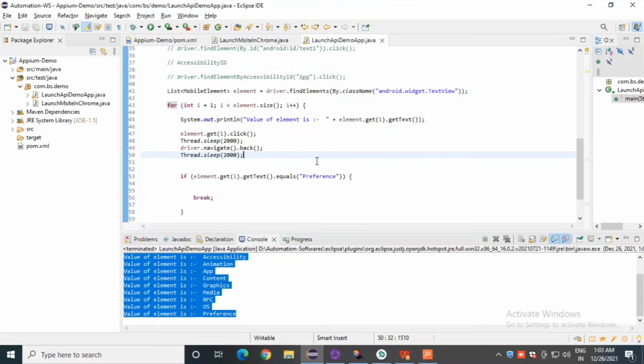Okay, so practice yourself, install the app properly in your system, install all the software properly, and do practice. Watch all the videos carefully and do practice. Okay, so let's meet in the next session where we will see XPath in Appium. Actually, this is also a very important topic while working with Appium.